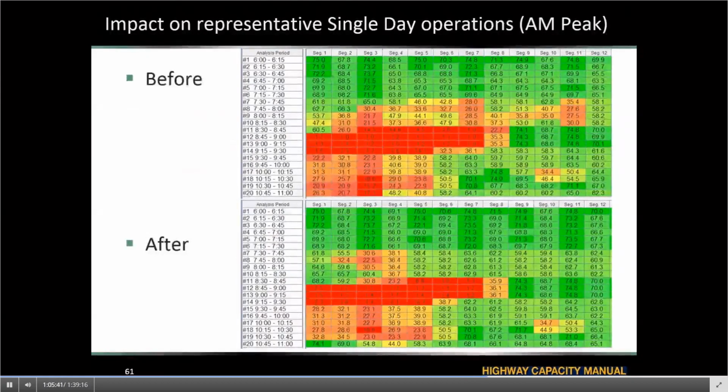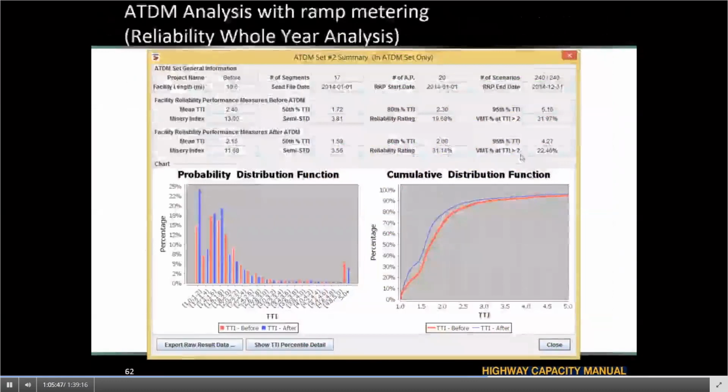The objective was to make travel more reliable across many days, and so that really sets us up then for performing a reliability analysis where the HCM can now take that single day, the calibrated base performance, evaluate a strategy like ramp metering, and then not only look at the average day, but look at the whole year performance, where that scenario is replicated 250 times to represent all working days across the year, with varying demands, with randomly generated incidents and weather events, where we can then begin to quantify the overall effect of that ramp metering on the reliability distribution.